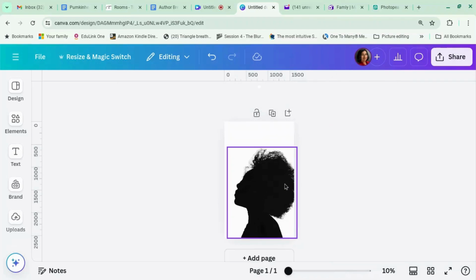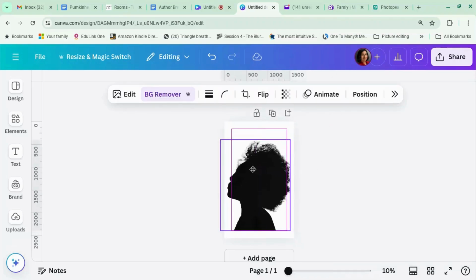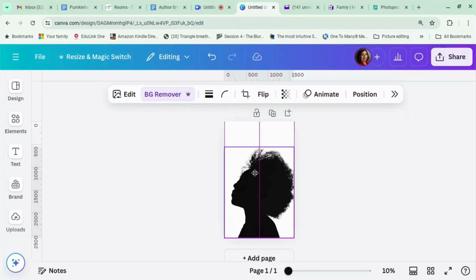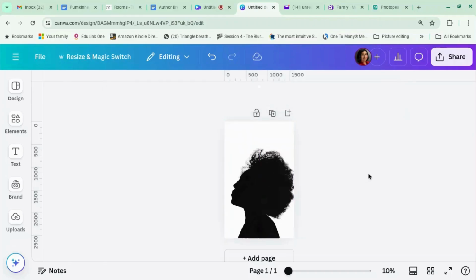Ta-da! So what we're going to do with this silhouette is we're going to put it like that. Before I do that, I'm going to go on a little side quest here and tell you a bit more